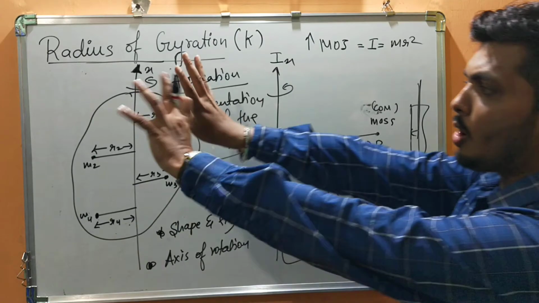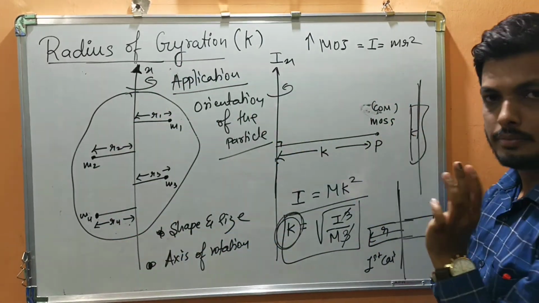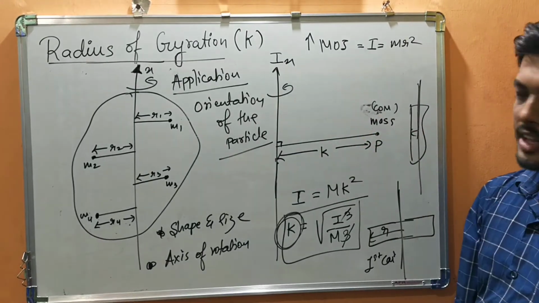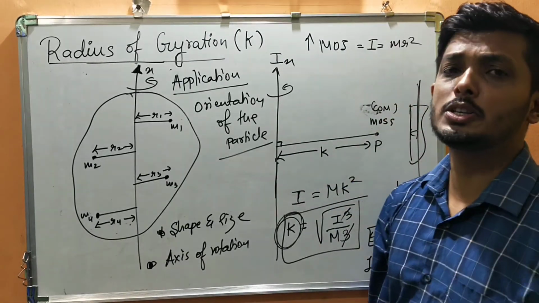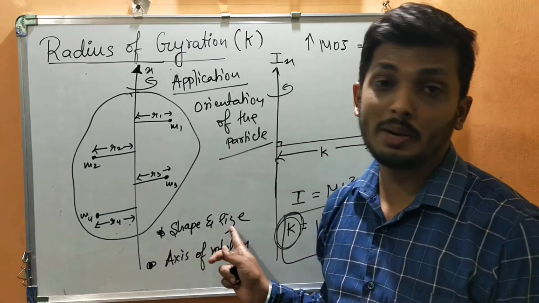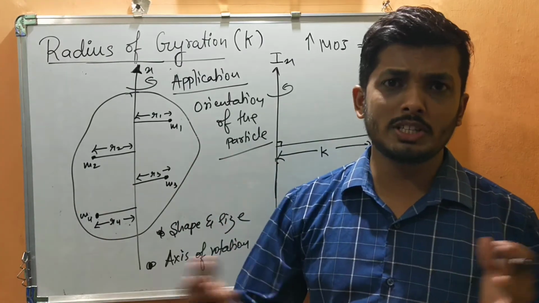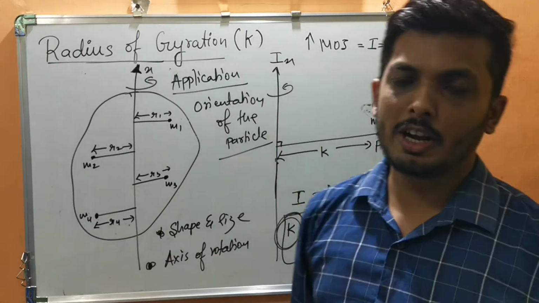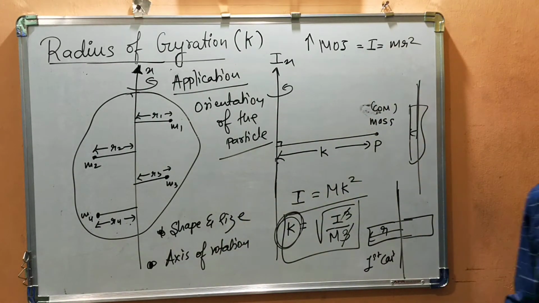What I am doing is taking a complex system and concentrating the entire mass at one particular point P, placed somewhere perpendicular to the axis of rotation. Measuring that distance will give me the radius of gyration. So now we have understood that radius of gyration does not depend upon mass, but definitely depends on shape and size. If you increase or decrease the shape or size, the R value will change, and when R changes, K will change. It also depends on the axis of rotation. Have you understood? So this is all about radius of gyration.